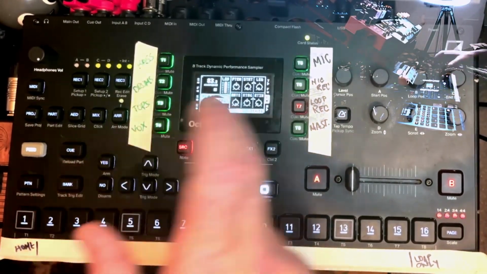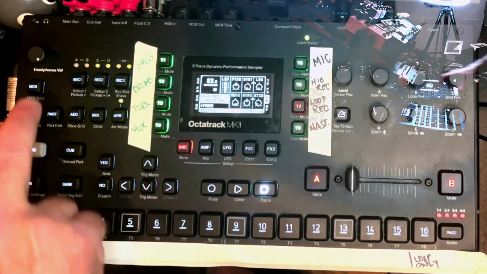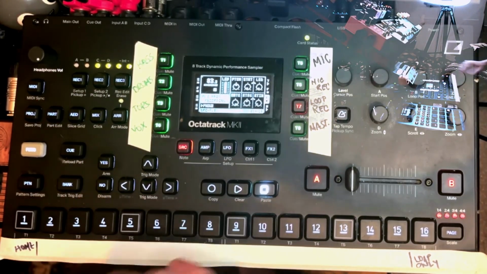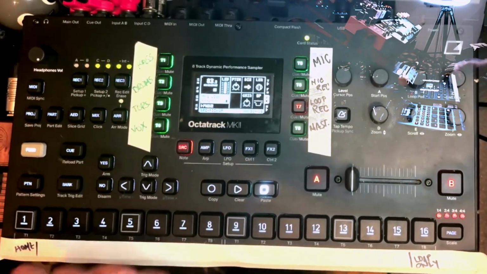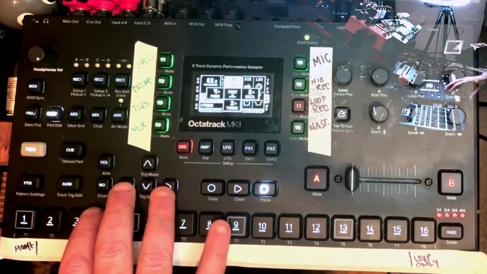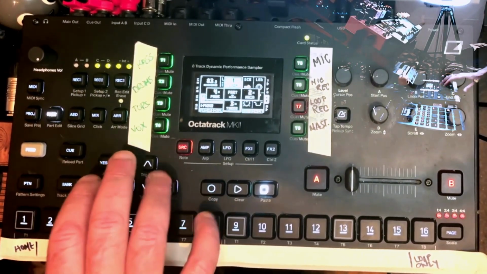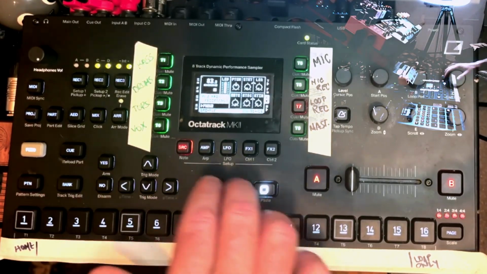And then on track 7, I'm on part 2 right now. Track 7 on part 2 is a flex track. On part 1, it's a pickup machine. So they function for two different reasons. So I can take